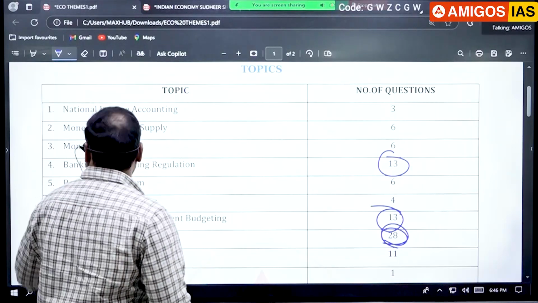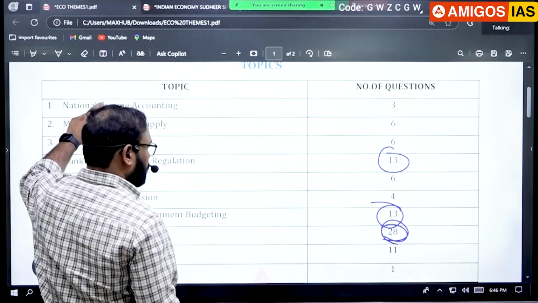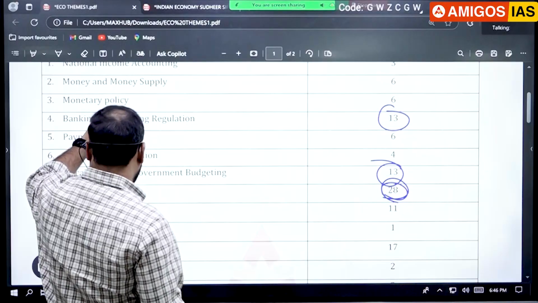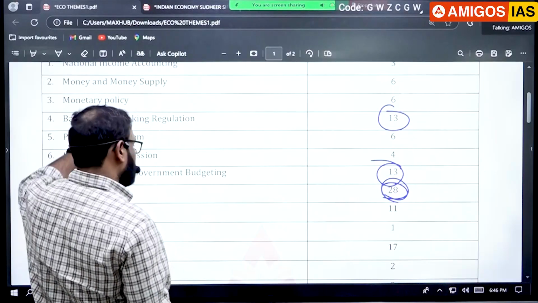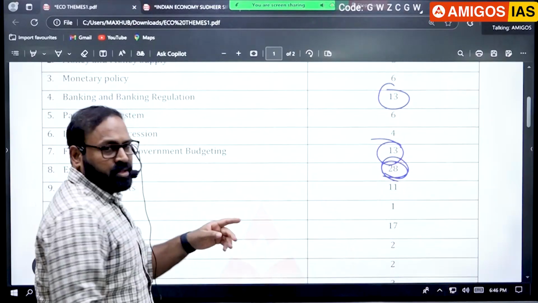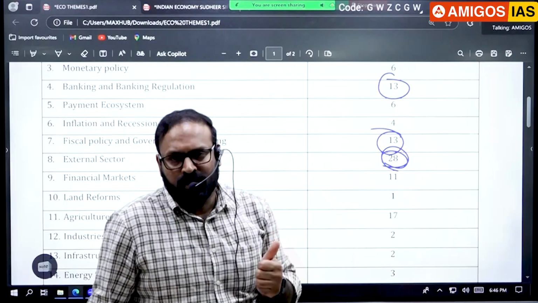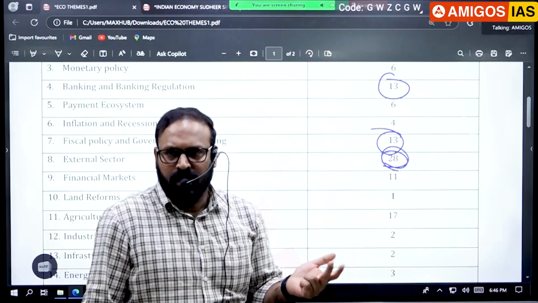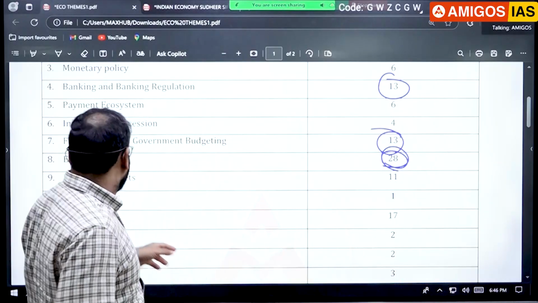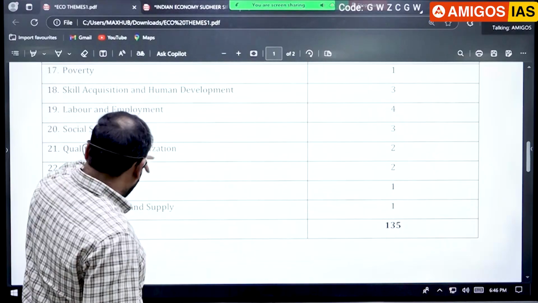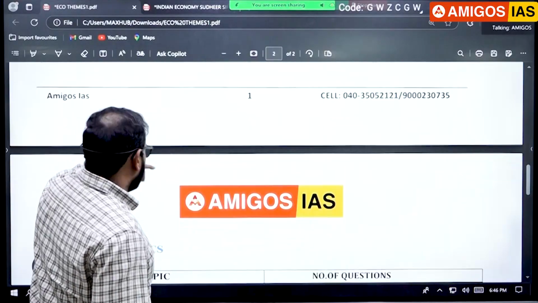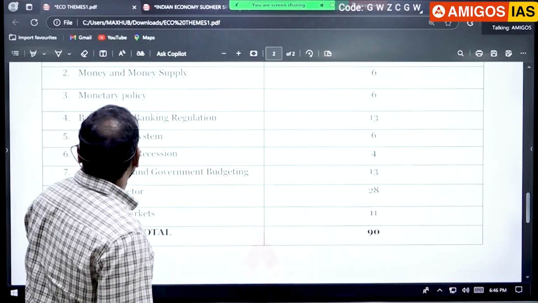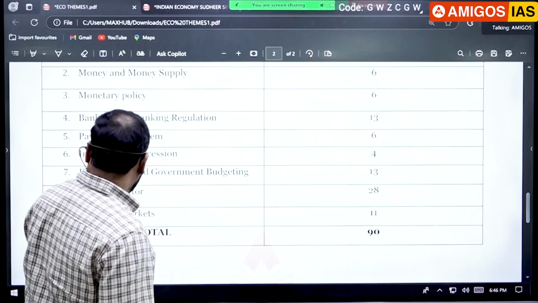Again, financial markets and land reform, agriculture mostly. Questions from agriculture are purely based on government schemes, economic survey and budget document along with some concepts. That's it. So mostly, as I said, same option. Anyways,